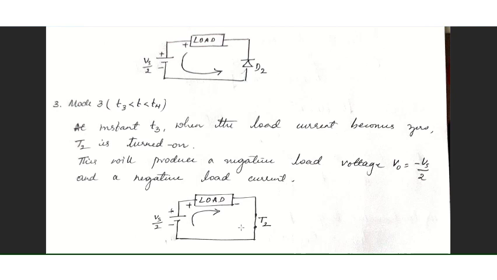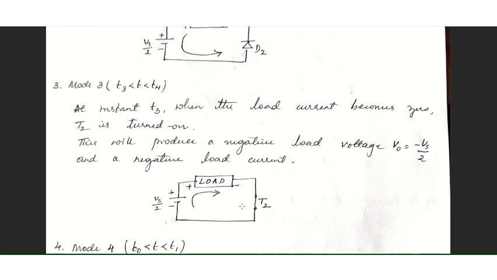And the current flowing in the circuit will be in this direction. So this will produce negative load voltage, as we know, output voltage will be minus Vs by 2, and a negative load current. Because both the load current and the load voltage are in the same polarity, again the energy will be stored